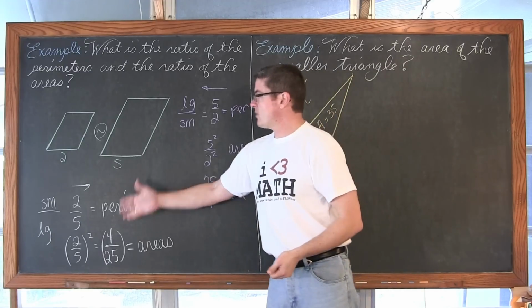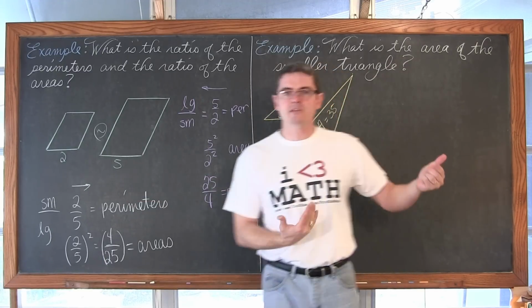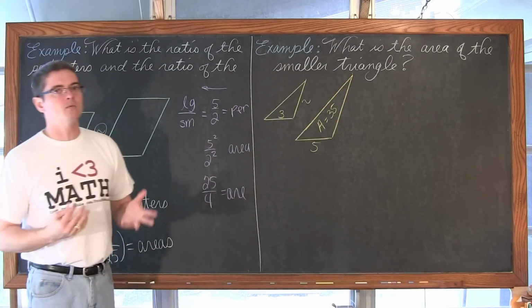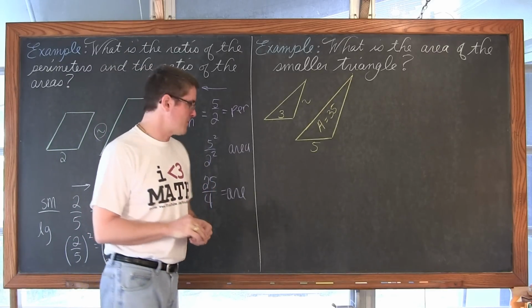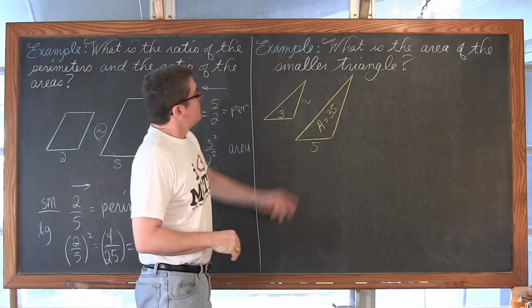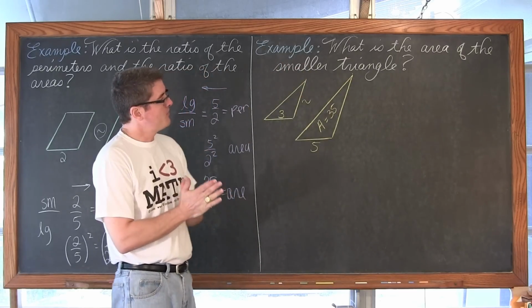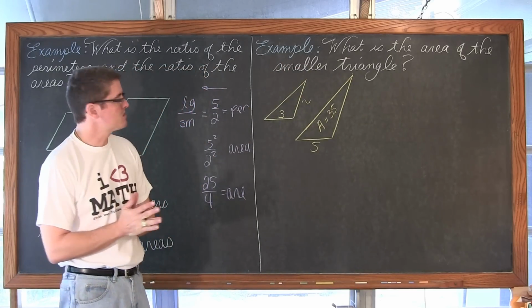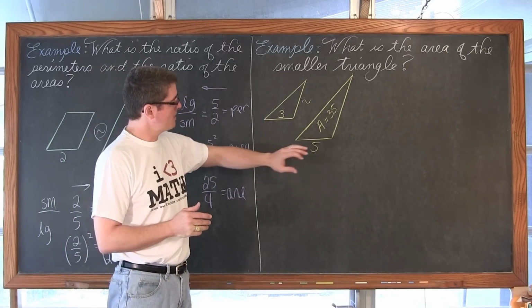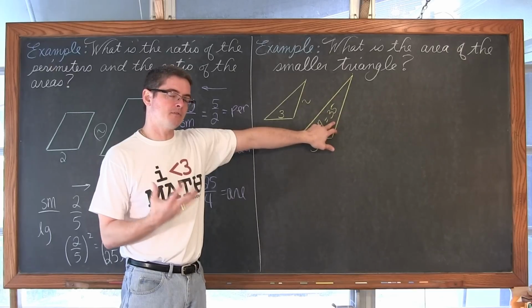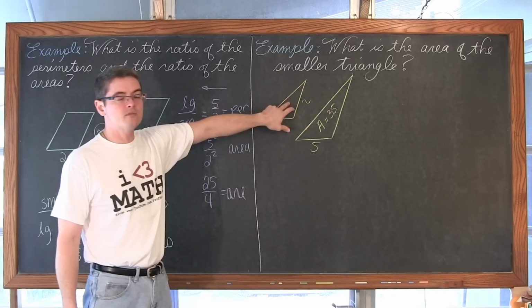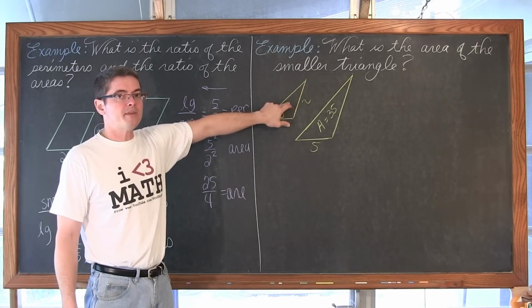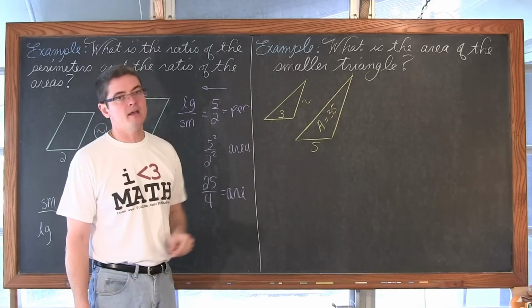Now, you know, which way is right? Well, let's take a look at that over here. They're both technically right. It just depends on what the question is asking for, which way is going to be most convenient. What's the area of the smaller triangle? So I want to take this larger area of 35, and I want to reduce this area of 35 to find the area of this other triangle without attempting to find its height.